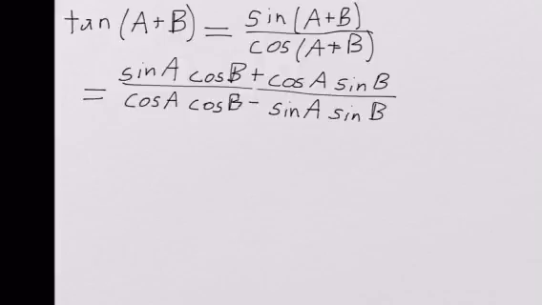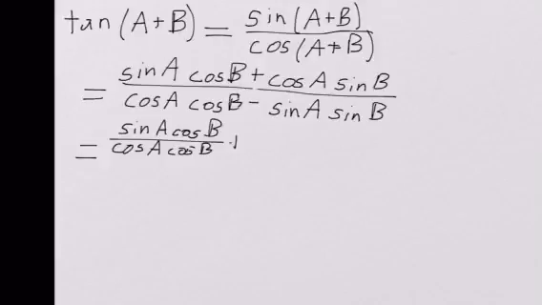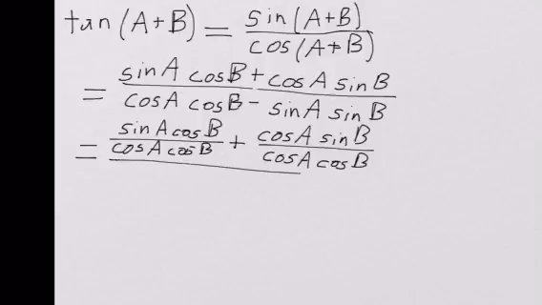And now the key step that might seem a little counterintuitive is that we're going to divide both the numerator and the denominator by cosine of A times cosine of B. So for now, I'm just going to put sine A cosine B over cosine A cosine B plus cosine A sine B over cosine A cosine B, all of that divided by